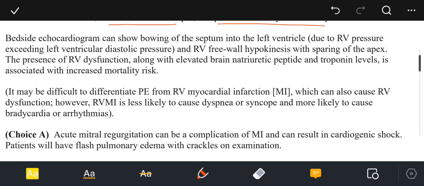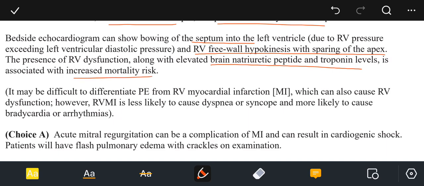Bedside echocardiogram can show bowing of the septum into the left ventricle due to the right ventricular pressure exceeding the left ventricular diastolic pressure, and right ventricular free wall hypokinesis with sparing of the apex. The presence of right ventricular dysfunction along with elevated brain natriuretic peptide and troponin levels is associated with